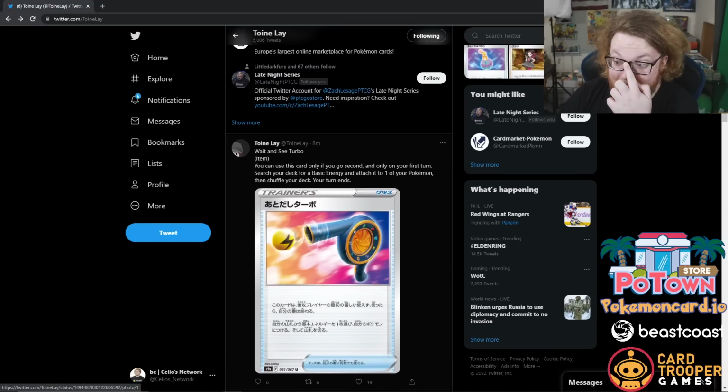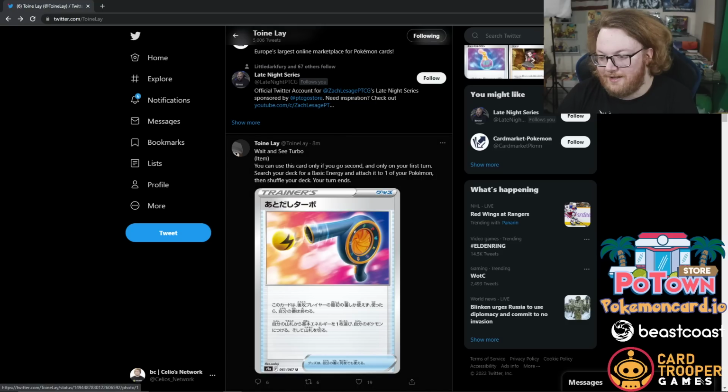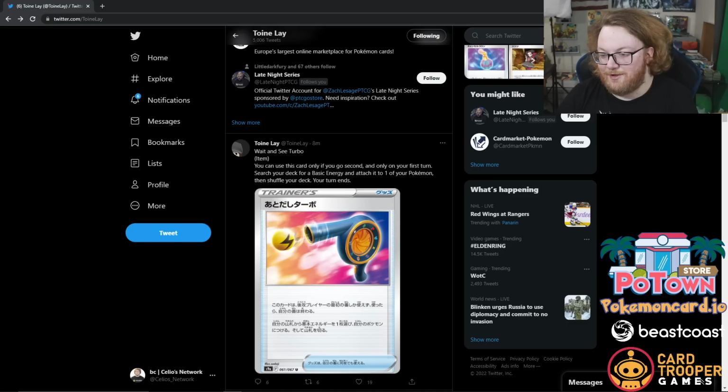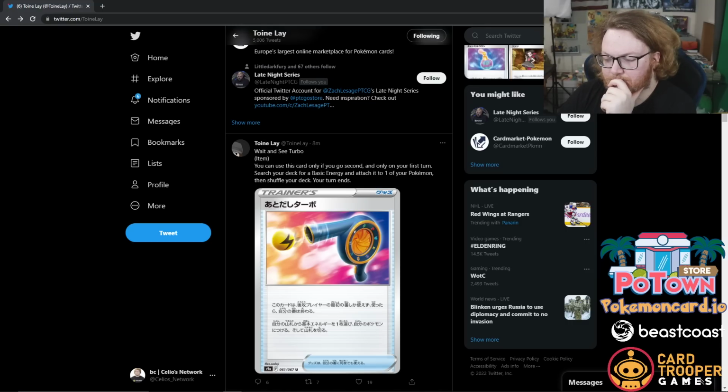Next is Wait and See Turbo. You can use this only if you go second and only on your first turn. Search your deck for a basic energy and attach it to one of your Pokemon, then shuffle your deck. Okay, I like where they're going with this, but I'm pretty sure that's bad. I like where they're going with it, but first impression is...